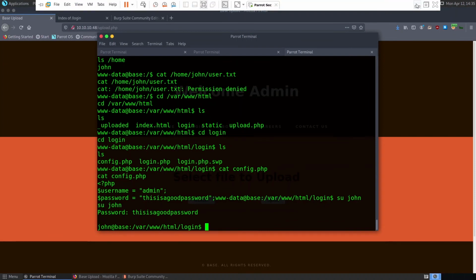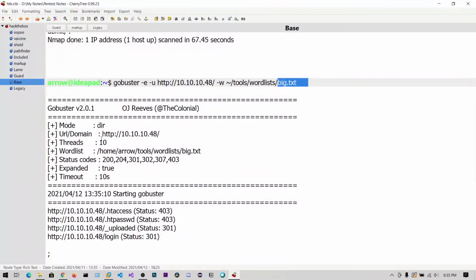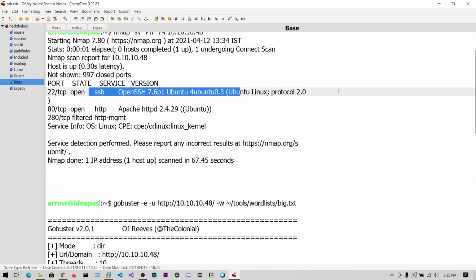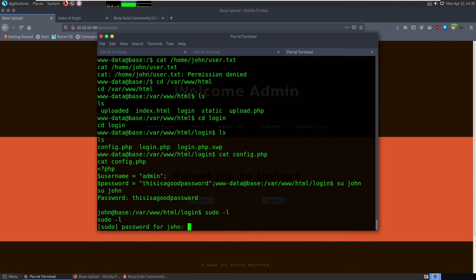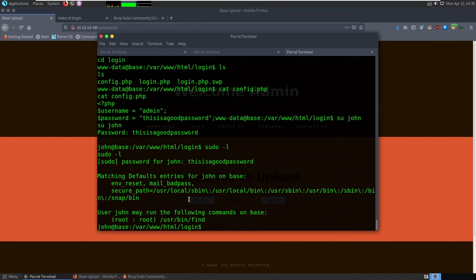And you can also remember that the SSH port is open, right? So you can log in as the John user using SSH also. So okay, since we have the password, we can view the sudo permissions of our John user, that is the root permissions, and paste the password. And you can see there is a find binary. So find is used to locate files.